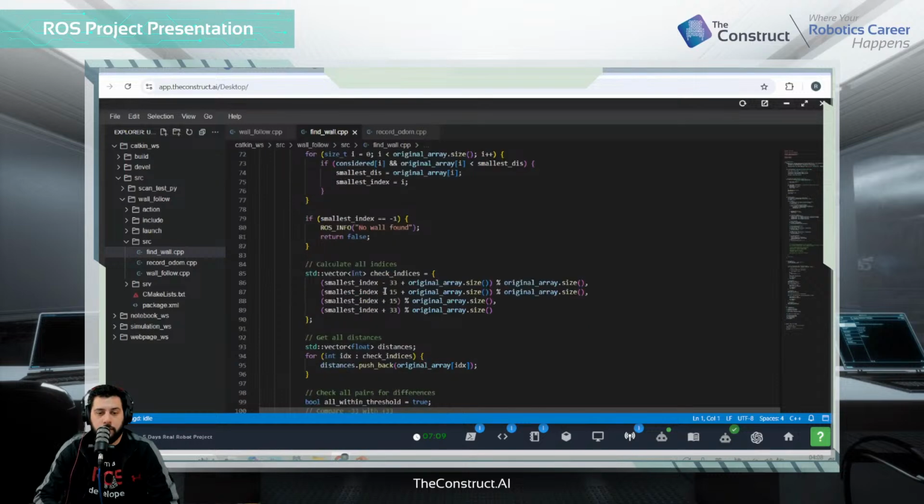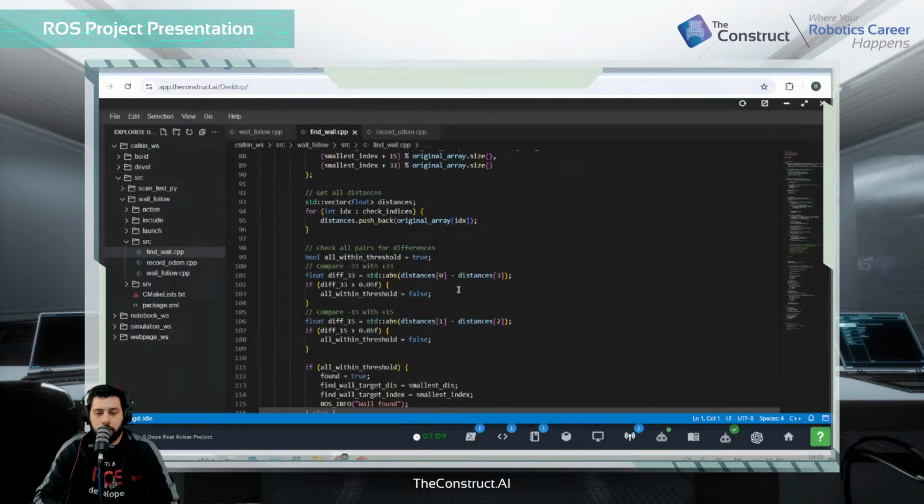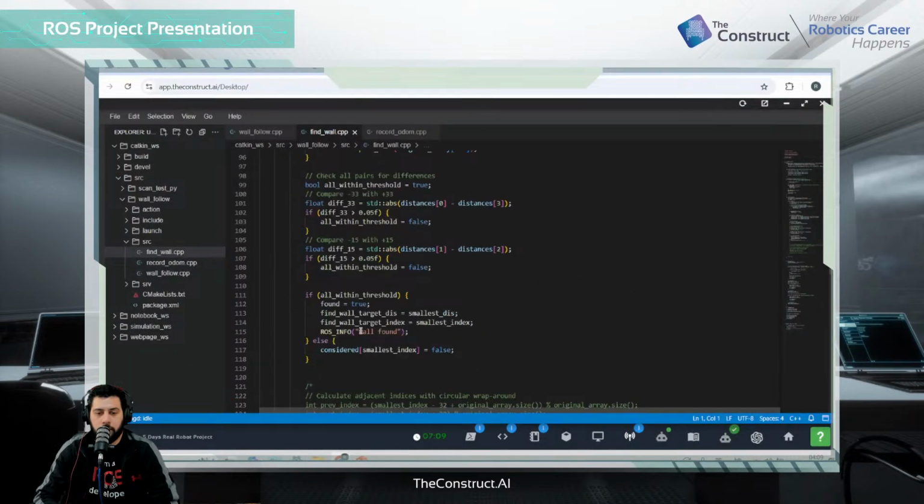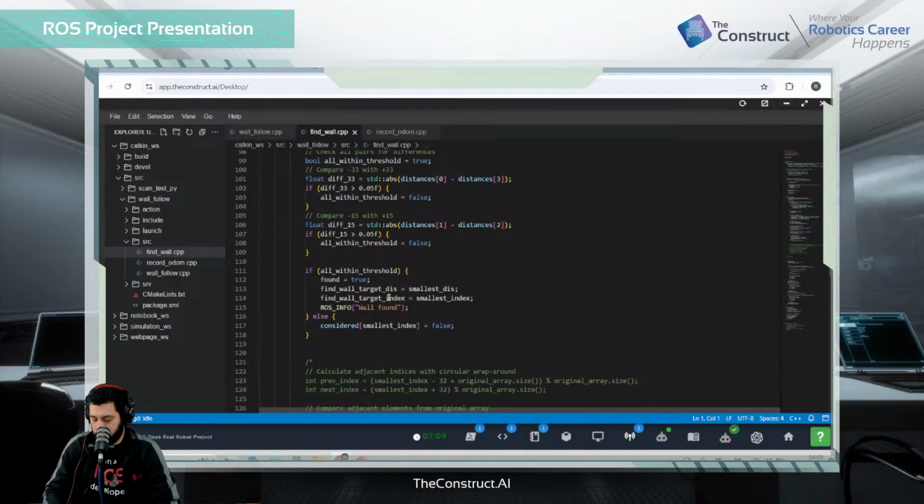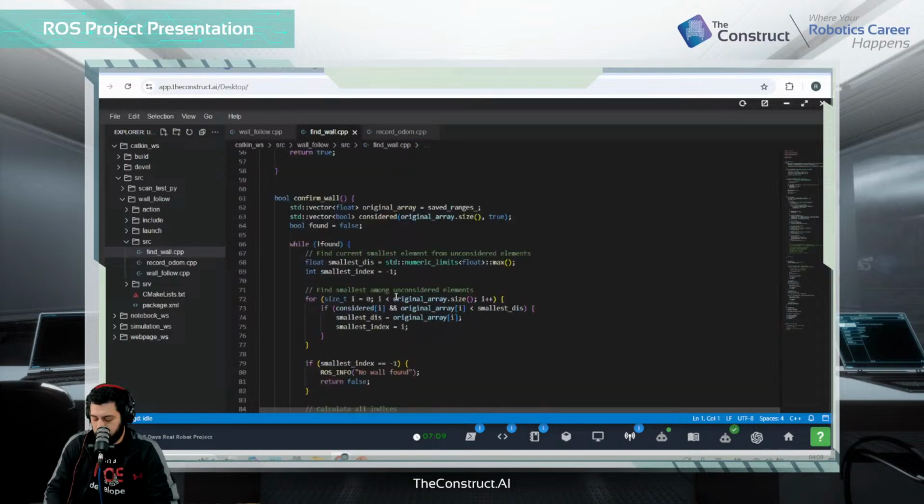Here shows the four detections that I chose. Then the second closest detection is here, and then I also compare two pairs of detections. If both pairs fall within the threshold value, and I'm confident to say this is a wall, then I will pop a message saying wall is found, and then the robot will complete this detection step, and then go back